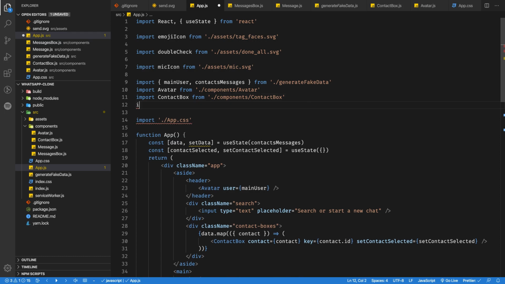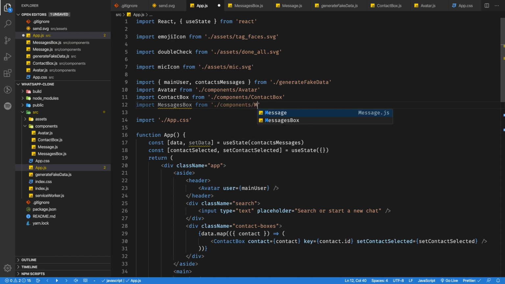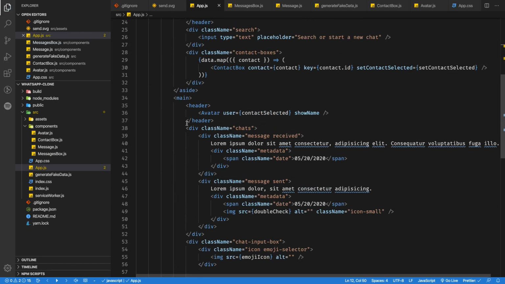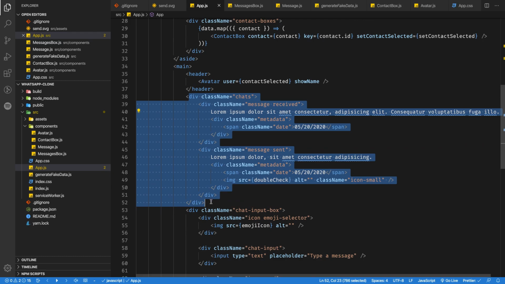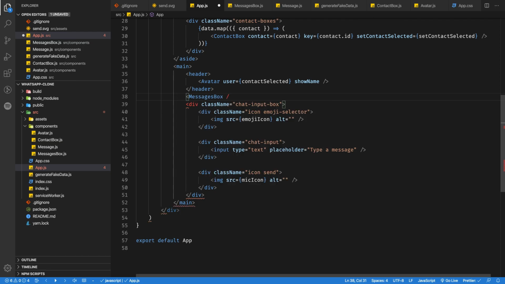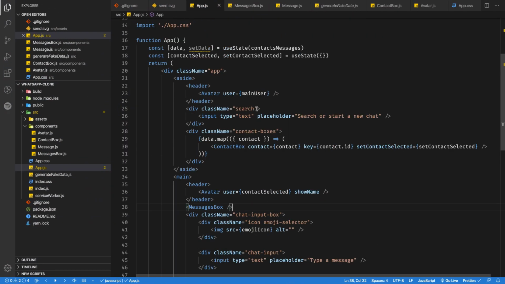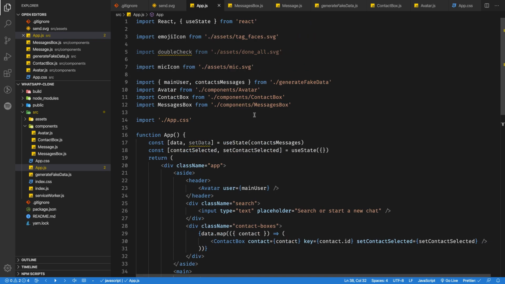I'm going to import the message box from, and this is coming from components message box. Now let's use that here instead of this, and I'm going to import that component, and there we have. So we have the component and we only have a single message. Now what we need is